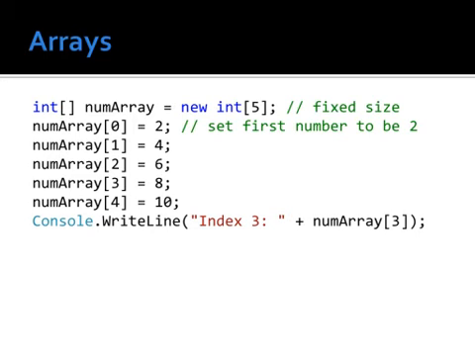Now this integer array already has 5 elements in it, but to make sure we know what they are, we want to set them explicitly ourselves. So in this case, we enter the elements 2, 4, 6, 8, and 10. To access an element in an array, you simply need to specify the index within square brackets. As we have shown here, you can print out index 3 of this array using numArray with a 3